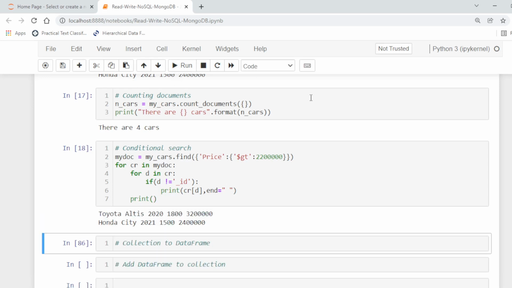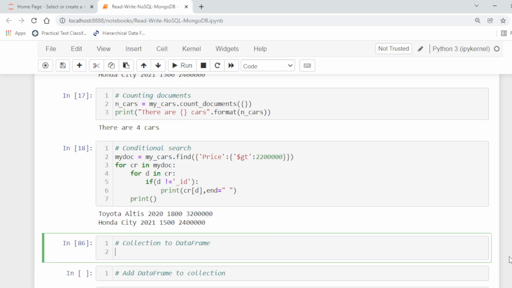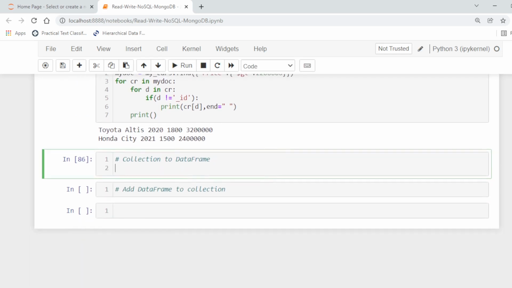Collection to data frame. It is very easy to communicate with NoSQL databases using the pandas data frame. So here we are going to store the collection to the data frame.